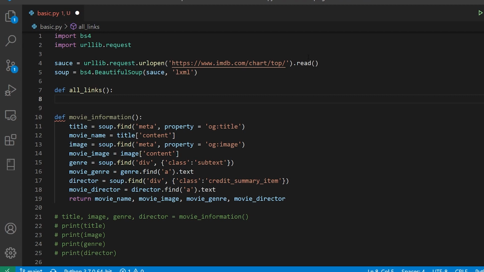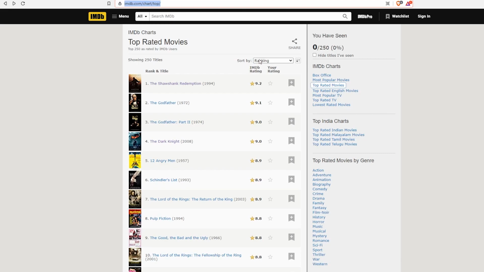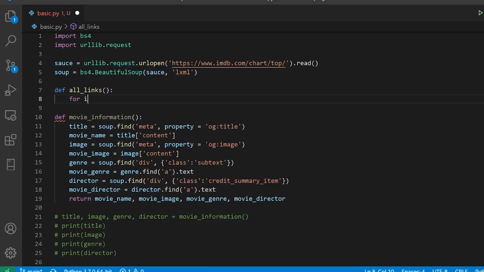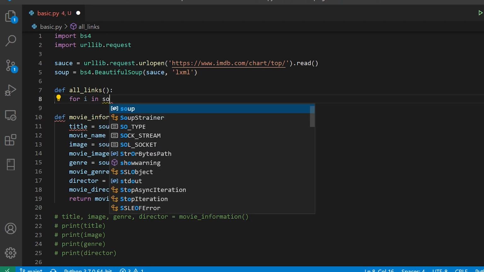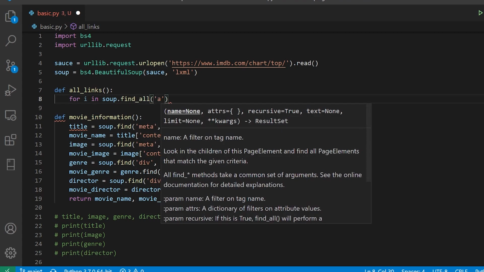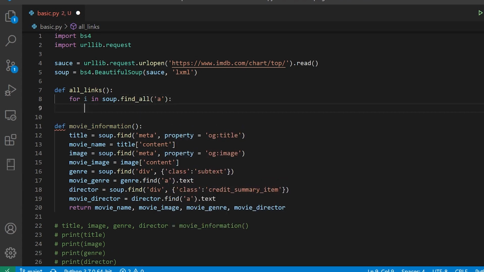So the way I do it, so we have to extract using the anchor tag. So if I say anchor tag, I'll get all of the links that I have over here. So the way I do it, I'll say for i in, all right, I can say soup dot find all, because I want all of the anchor tags, okay, not just the first one. Now there are many things, so what I can do is either I can append this thing or I can just add.